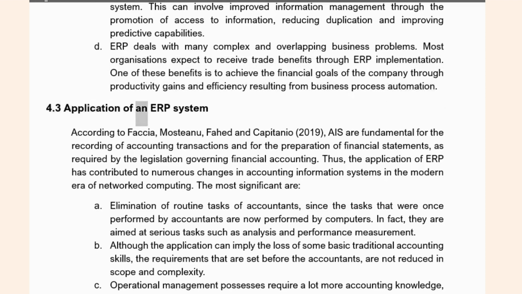4.3 Application of an ERP system. According to Faccia, Mostino, Fad and Capitanio, 2019, AIS are fundamental for the recording of accounting transactions and for the preparation of financial statements, as required by the legislation governing financial accounting. Thus, the application of ERP has contributed to numerous changes in accounting information systems in the modern era of networked computing. The most significant are: